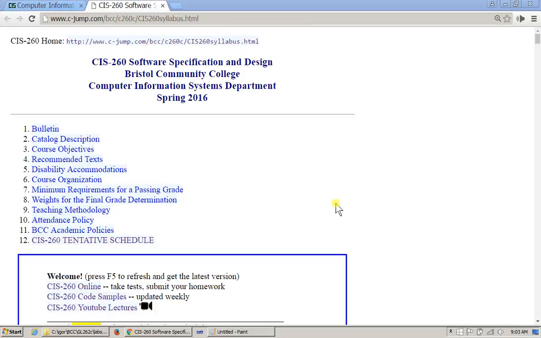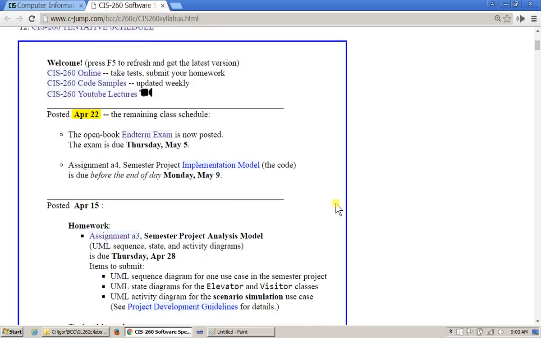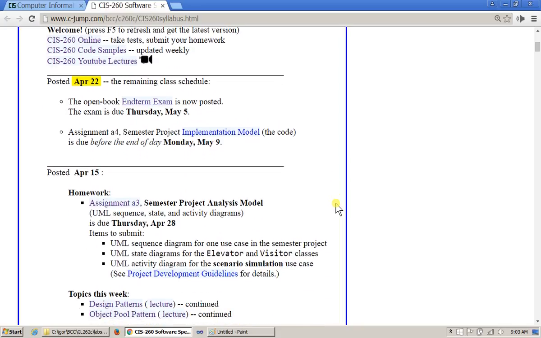Today we're going to continue with design patterns. And today I would like to talk a little bit more about a couple of design patterns which can be beneficial to our construction and continuous design of the elevator simulation. So I'm going back to the design pattern